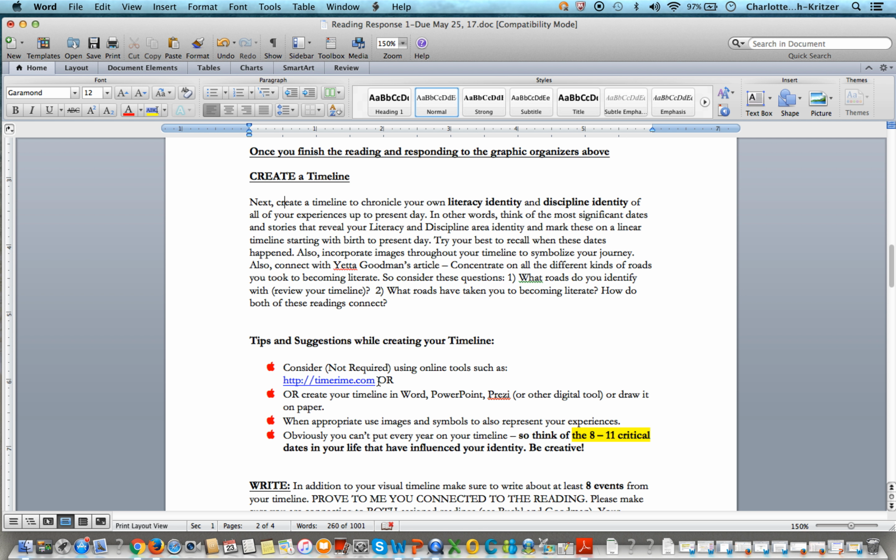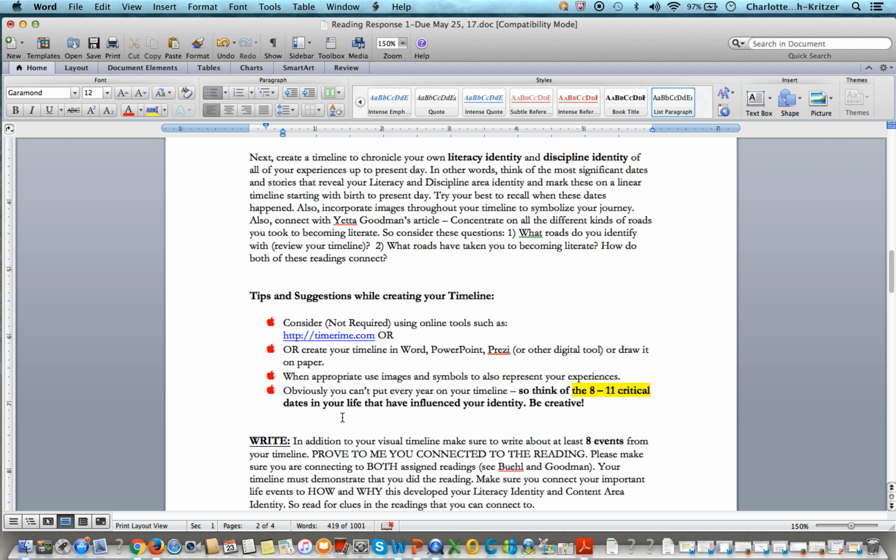In fact, there's this online timeline that, again, if you get onto this website and you do not find it user-friendly and it's too hard to make a digital timeline, stop after 5 minutes. If you're not understanding how to use this website, don't waste your time. You don't have time to learn the digital tools. If you are digitally savvy and love this website, go for it, if it doesn't take you too long. This is just a suggestion. Remember, I said this is not required. I just said to consider it.